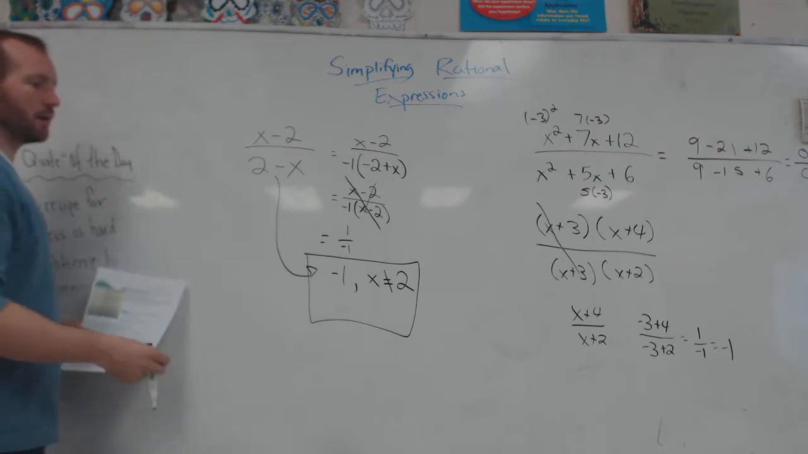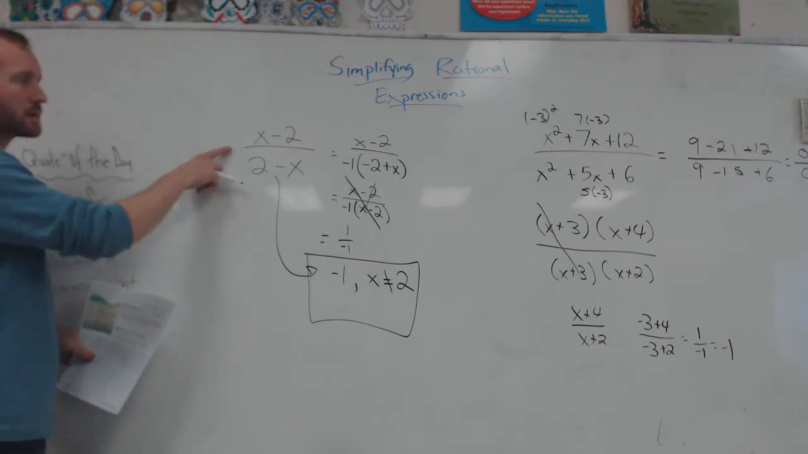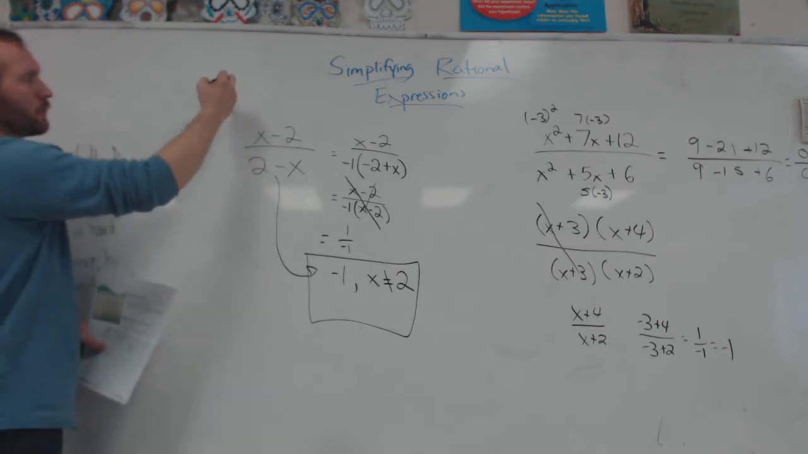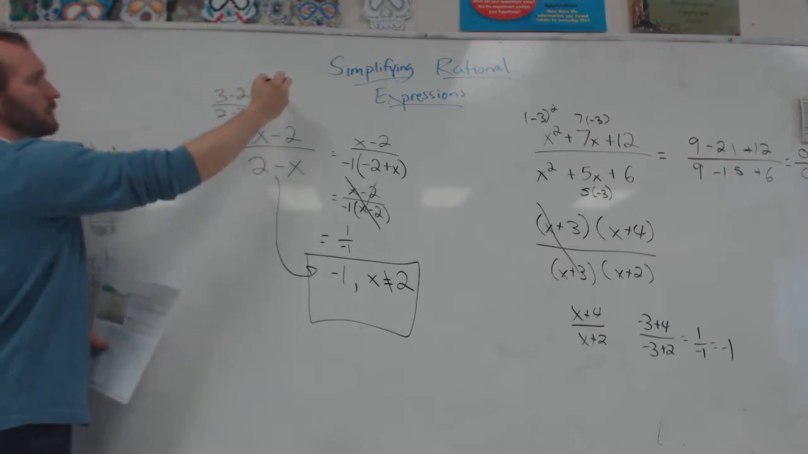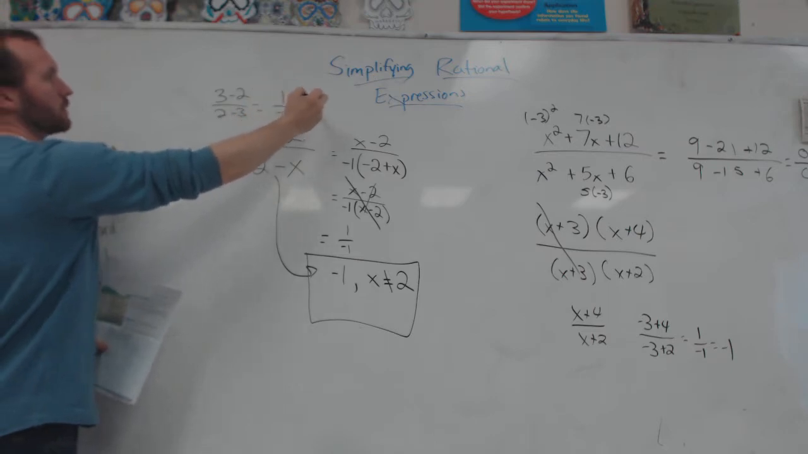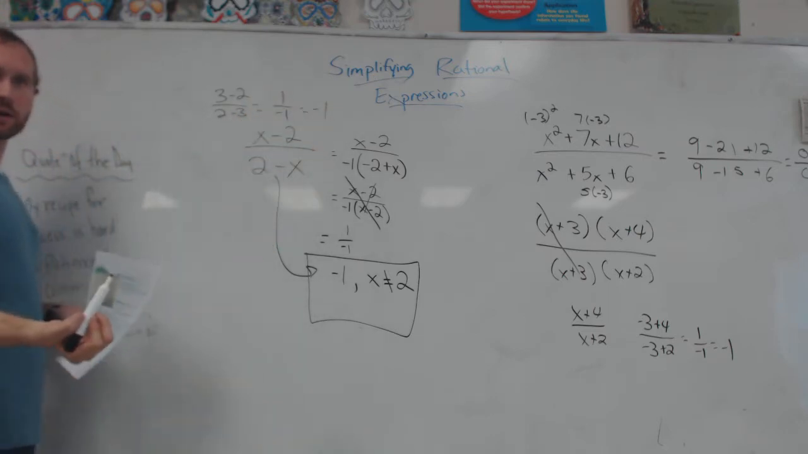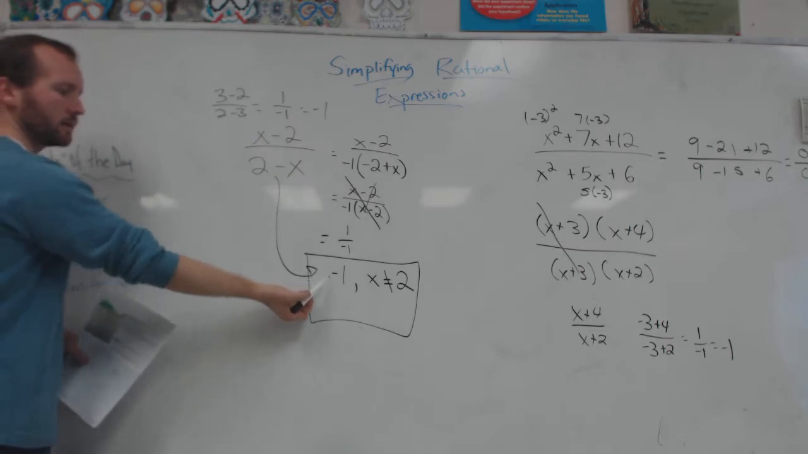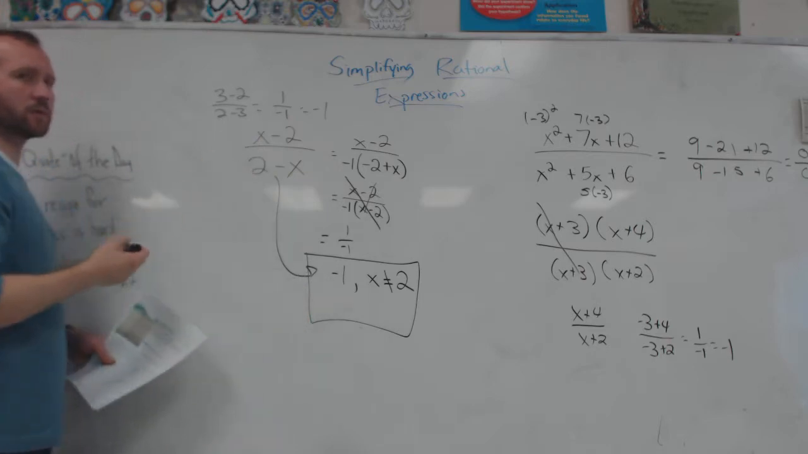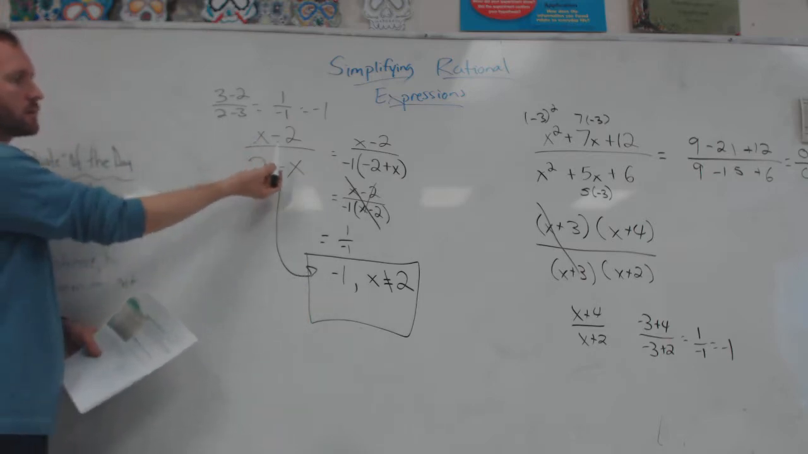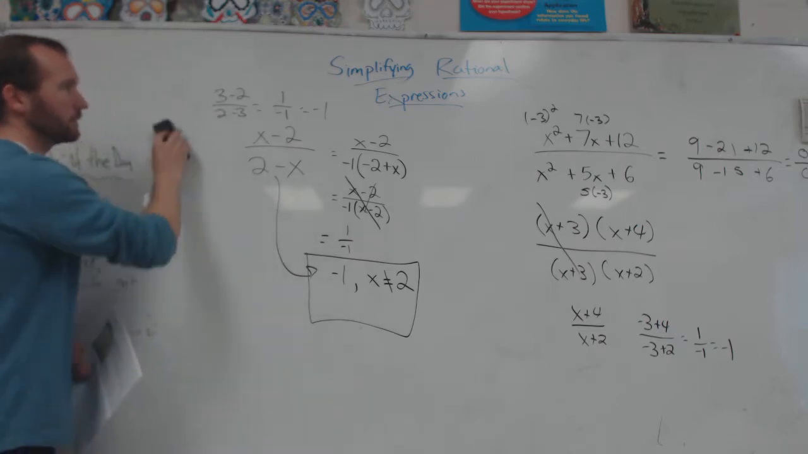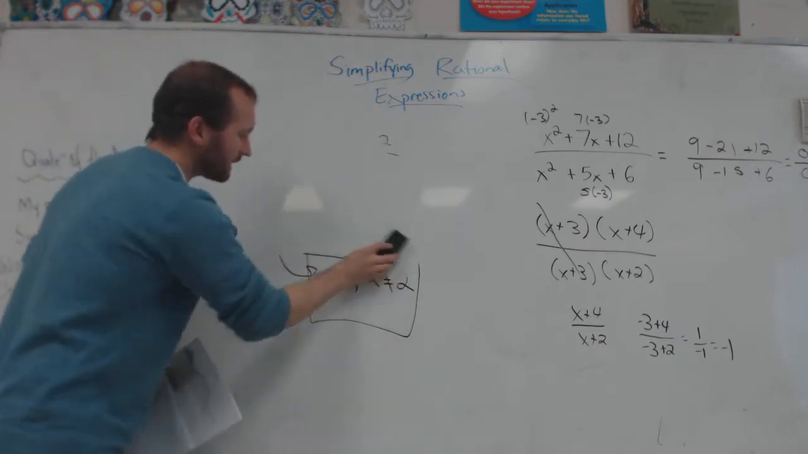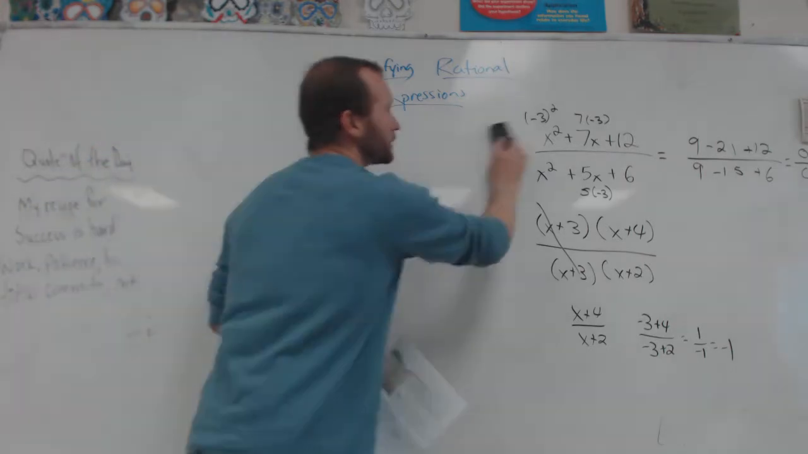Pick a number other than 2 to plug into this expression. So like 3, that would be 3 minus 2 over 2 minus 3, which would be 1 over -1, which would be -1. Right? So this is equal to -1, unless we picked 2 for x. Because then we'd have 0 over 0. Alright. Okay, so that's a lot. Let's do an example or two,